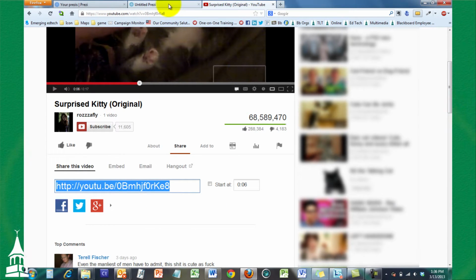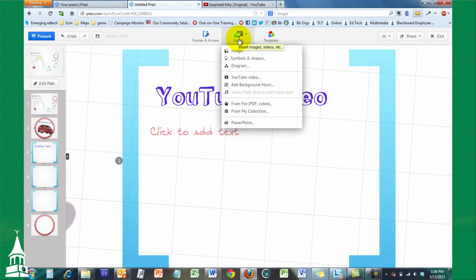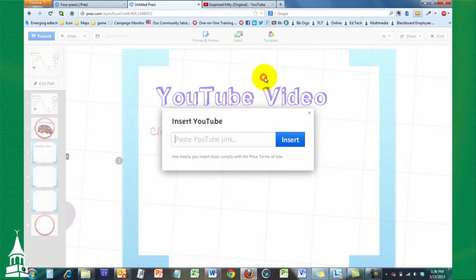and then I'm going to go back to my Prezi, and I'm going to go to Insert, and you can see it has a YouTube video option. Click on that, and now it prompts you to paste in the link. So I just paste that in, click Insert,